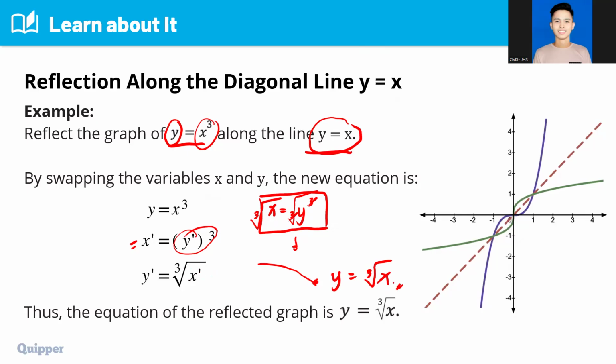Are we clear on this? We switch or interchange first their positions, and then right afterwards, we need to produce an equation where y is isolated. So what we did from this to this. Okay, from x equals y cubed, we switch their positions, right? We need to have an equation with variable y isolated from the rest of the terms. So we need to cancel out cube. So to cancel out cube, we need to take the cube root of both sides. Therefore, y equals cube root of x.